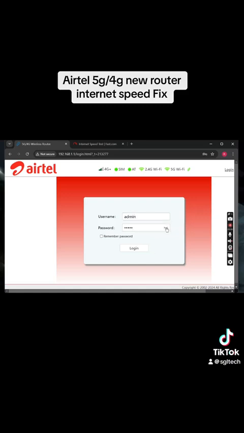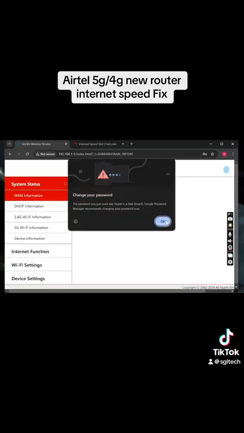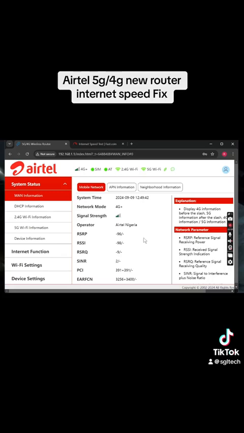So this is my first time recording anything like this, but there are a lot of people texting me about this fix, so I've done it on my own. I usually have no AIRTEL tower around my area, and I have very bad speed for most of the time. So when I got this router, I faced the same issue before I tried this fix, and it actually worked. So now the issue, there are two things you need to understand: the frequency band on your router and